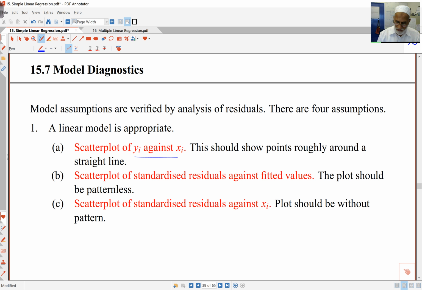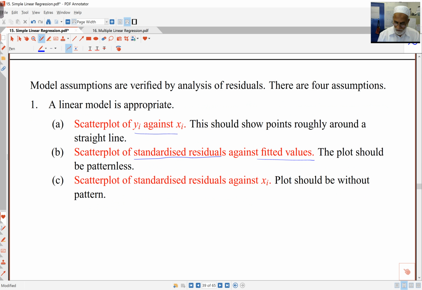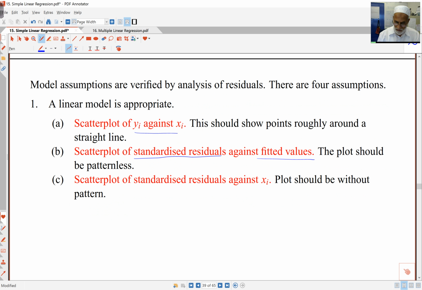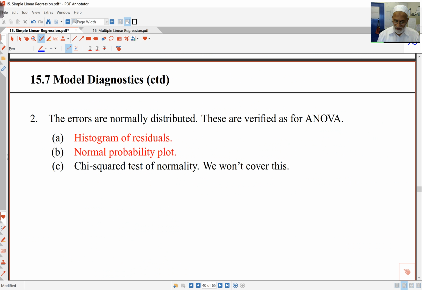The other, better plot is the scatter plot of residuals, standardized residuals are better, against fitted values, and this plot should be patternless. The last one is the standardized residuals against the xi's, and again that should be without pattern. For the normality assumption, we can either look at histograms of residuals as before, or the normal probability